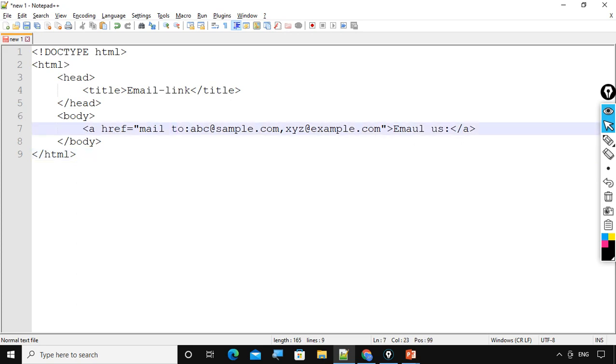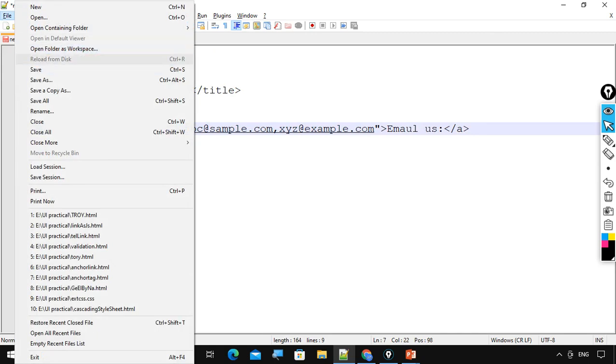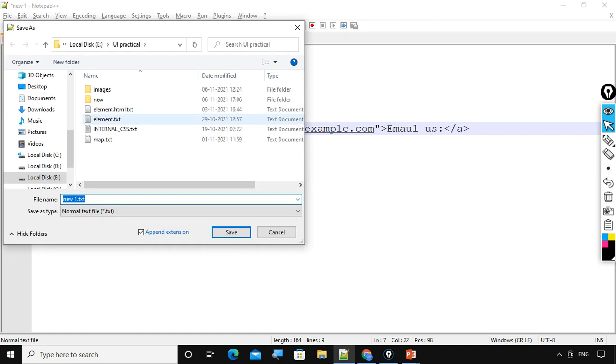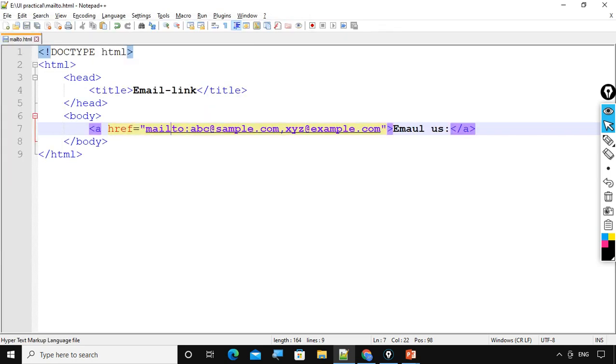Let me explain this code. Let me remove this space and save this code with the name mail2.html. Perfect. Here I have the opening anchor tag, the closing anchor tag, and here we have the descriptor.